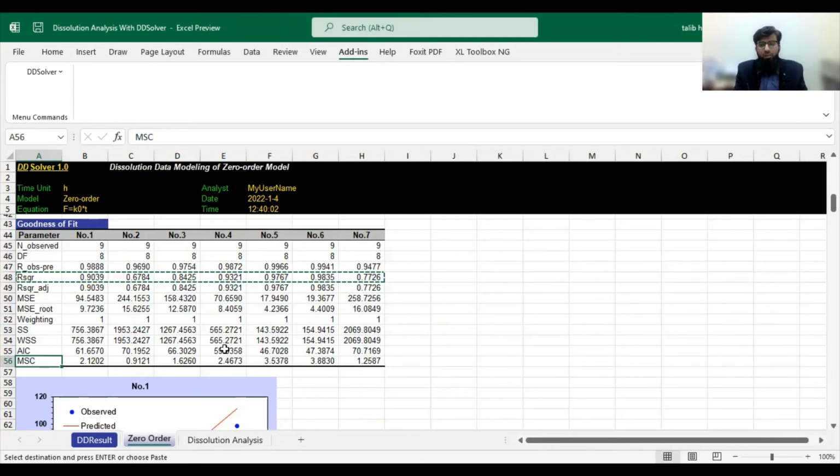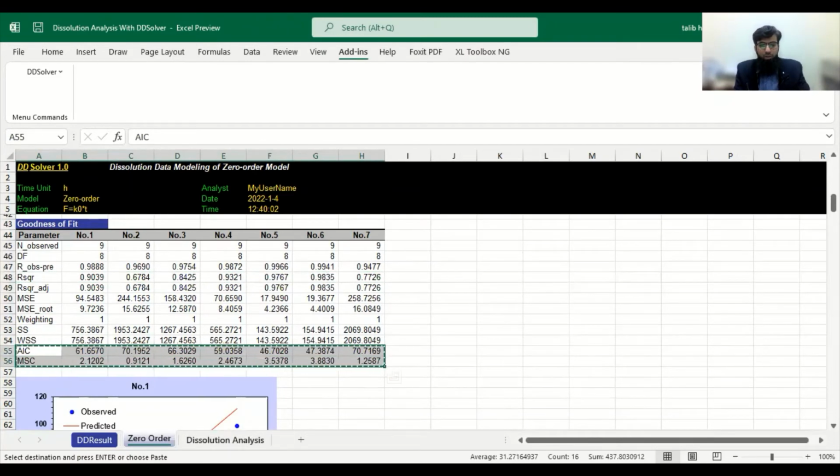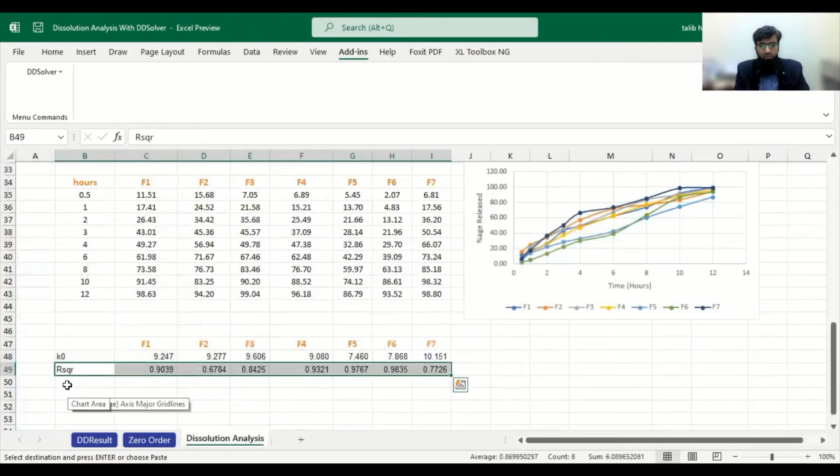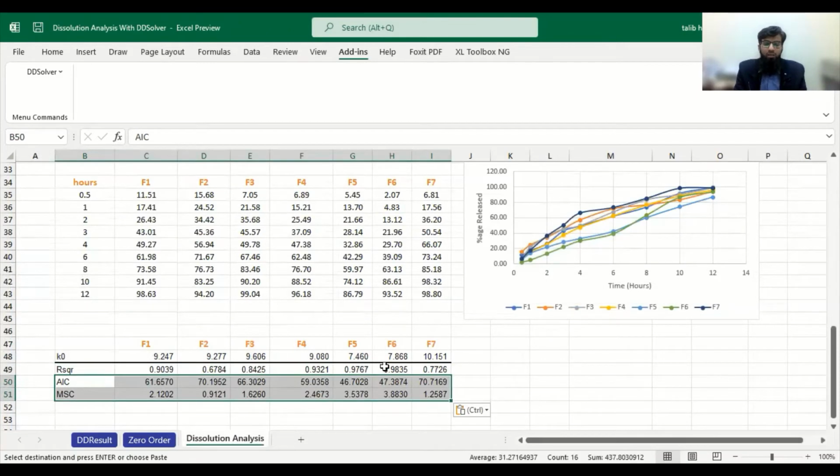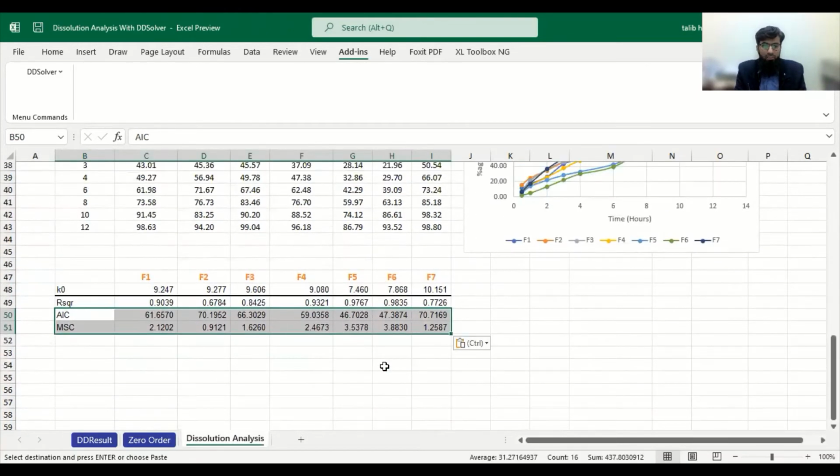For example, a zero order model, first order model, Higuchi, and Korsmeyer-Peppas model. So we will copy this AIC value and this MSC value for this model and paste it over here. This is the zero order analysis.